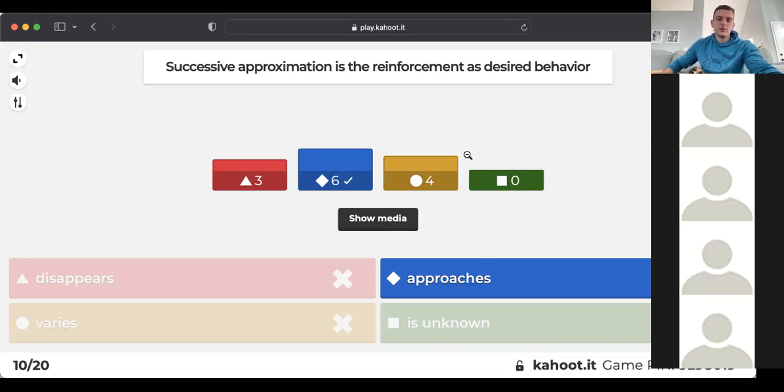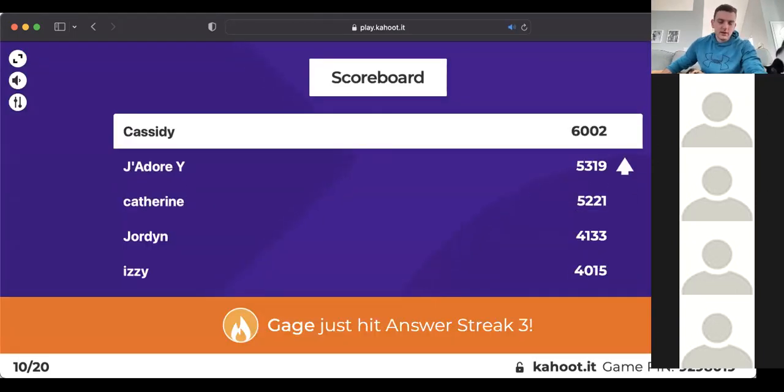So you usually have to approximate that behavior successively, as the name would suggest, as you get closer and closer to it. So teach them to sit, reward that, teach them to lay down, reward that, teach them to roll over finally, and reward that until eventually they can do the more complicated behavior on their own. So as things get more difficult, you continue to reward.